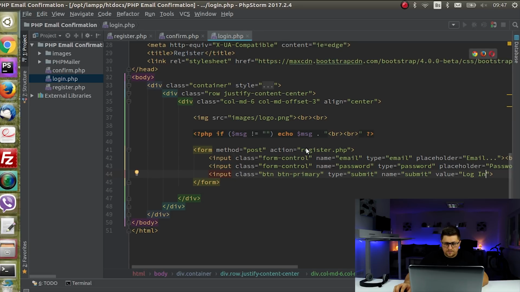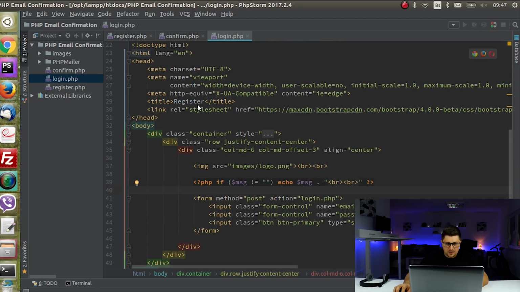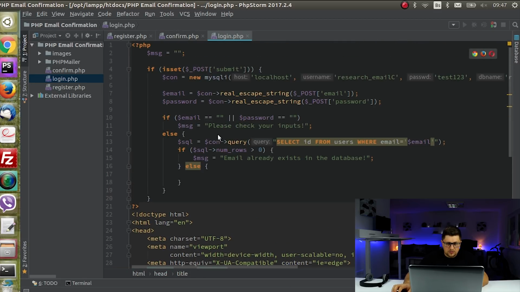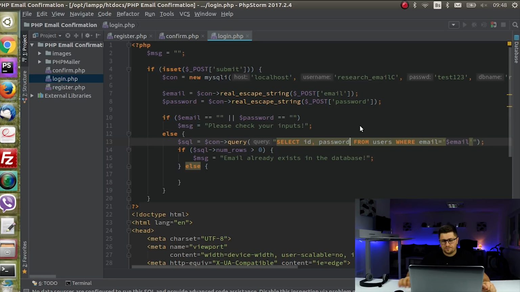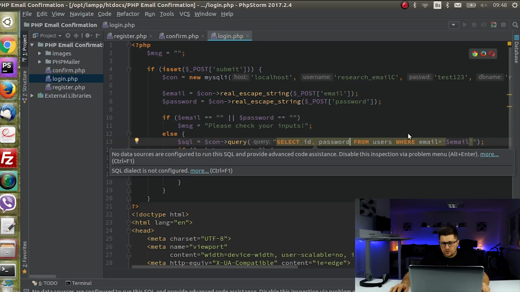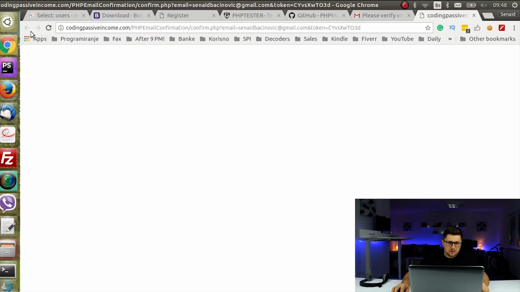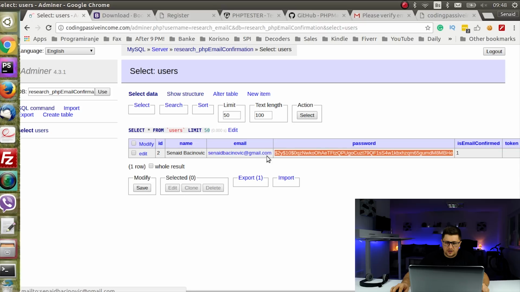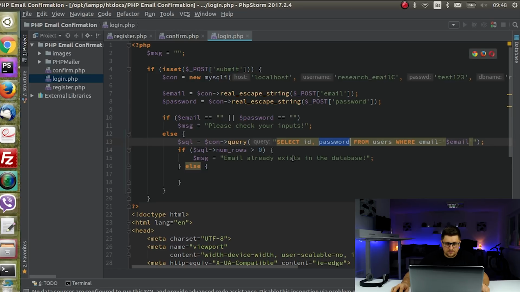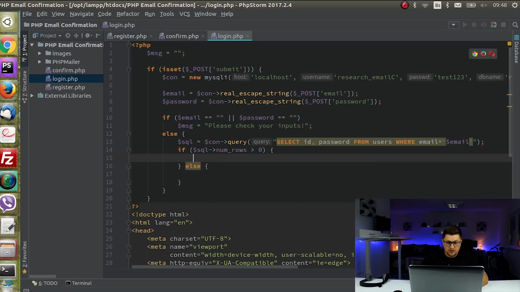So now when someone submits this form where we're sending in email and password, at the top here we will just check if email is empty or password, and if it is, we will show a message, please check your inputs. Otherwise we are going to check our users table. So I'll say here password. So select ID password from users where email equal email. Okay, and now our password is, as you can see here, a hash. So we need to check this hash. So I will say here, we don't need this part. So I will say